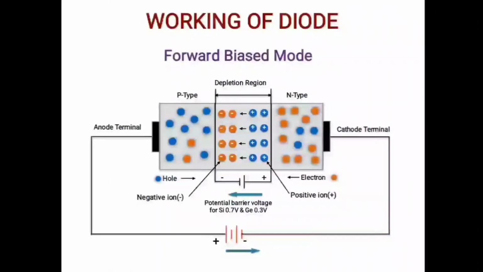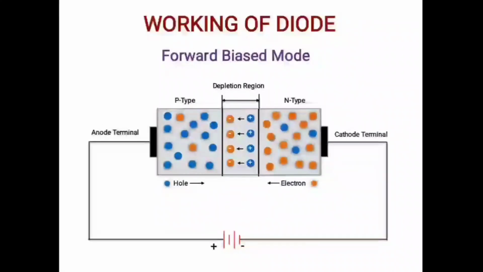First, let us know the working of a diode in forward biased mode. In forward bias, a diode, which is nothing but a PN junction, has its P side or anode connected to the positive terminal and N side or cathode connected to the negative terminal of the externally applied electric field. This external electric field is in the opposite direction to the barrier potential of the depletion region. Due to that, the resultant electric field at the junction will be reduced.